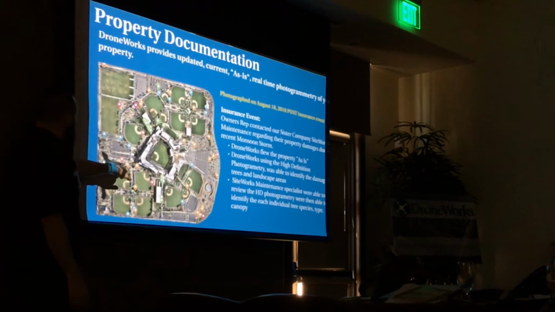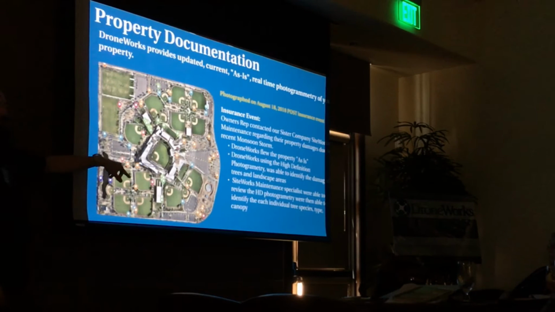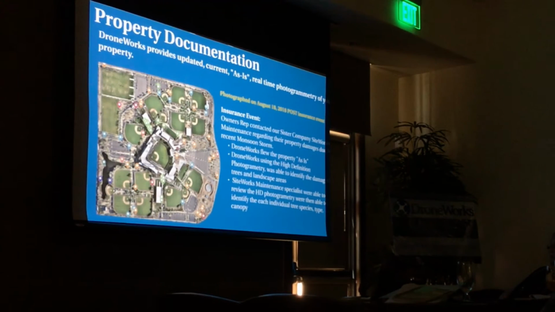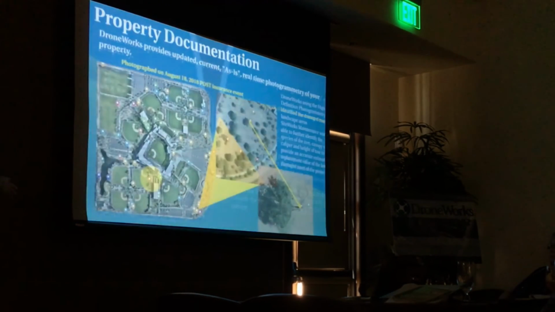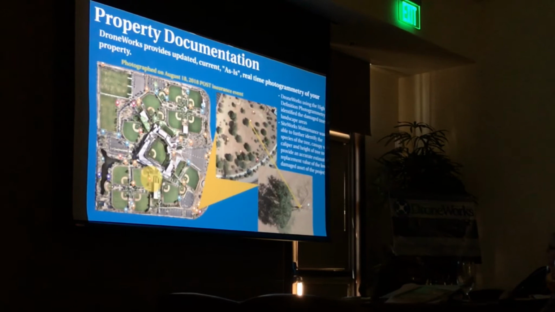Like, he was saying that there's a tree down here, and it was really over here. The total tree count that he got was 35. The total tree count that we got was around 65. So 30 trees that were damaged that the landscaper didn't account for, $1,000 each. I mean, or $5,000. They all range in price, but you can see there's a lot of money that was being left on the